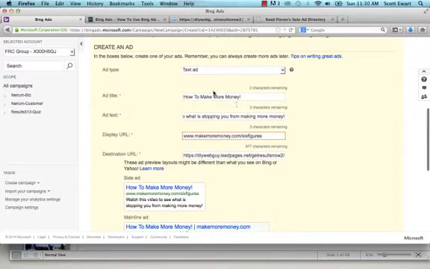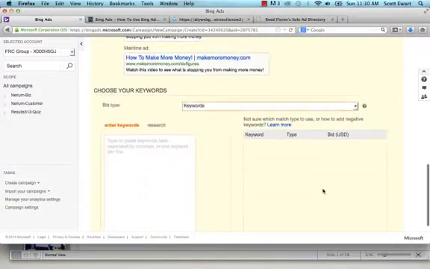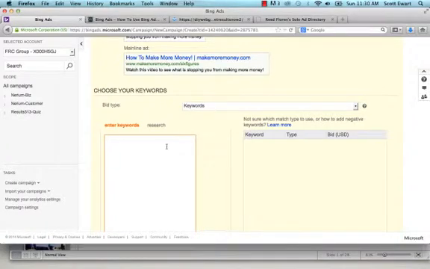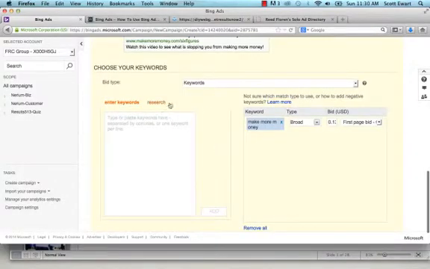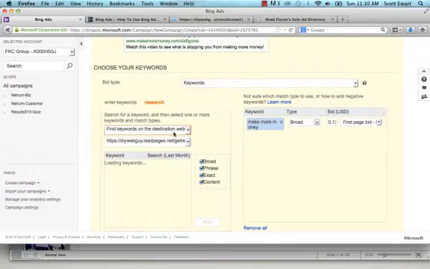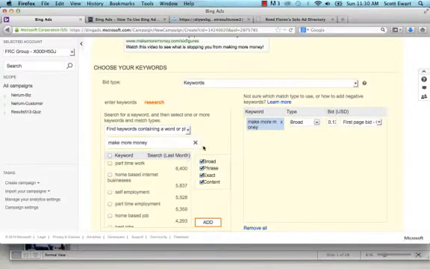All right, now in your title, in your text, make more money, right? So that's going to be my keyword. So what I'm going to do is I'm going to come in here and enter that keyword, and come down here and say add. So you can do that, plus you can research and put in that keyword. You can look at your destination web page wherever you're sending them, or you can do containing a word or phrase. So if I want to say make more money and do a search,